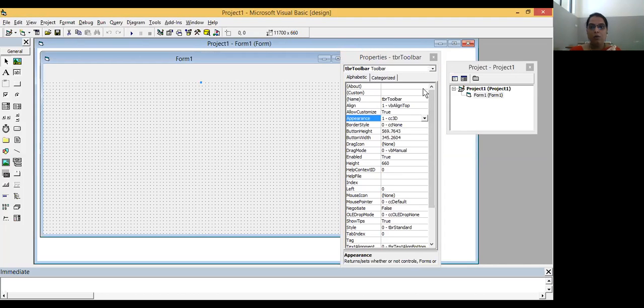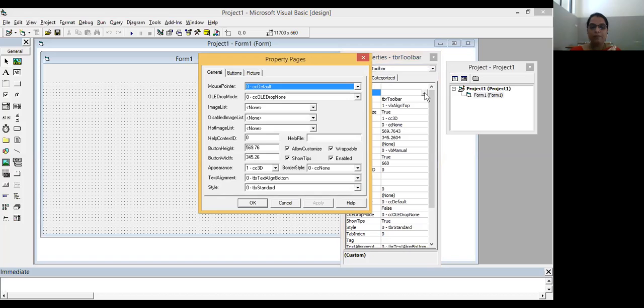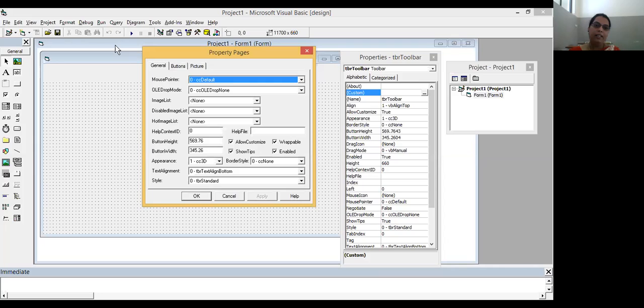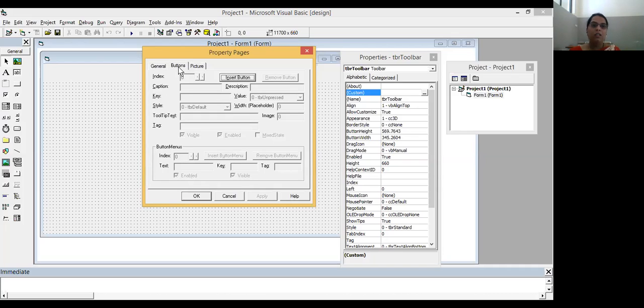Now go to the custom property. When you double click on the custom property, you will get the property page dialog box. Here you have to select the buttons tab, and in the buttons you have to start inserting the buttons by clicking on insert buttons.